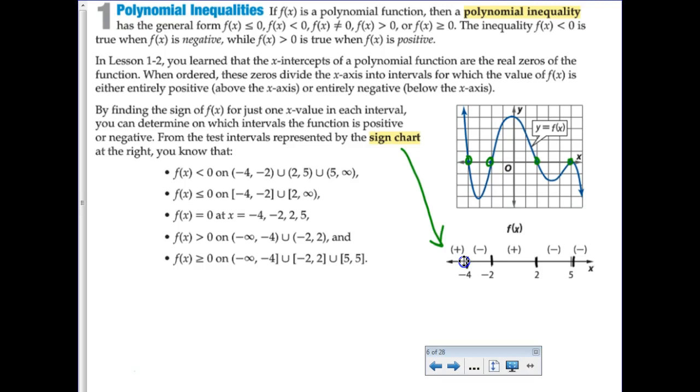Now, from here, you should be able to give me a domain interval. So like the function is positive from, let's see. Let's talk about this one, greater than or equal to 0. So right here, and that's it. But did you notice their use of brackets? So at the intercepts, because it said greater than or equal to 0, they used a bracket as opposed to,